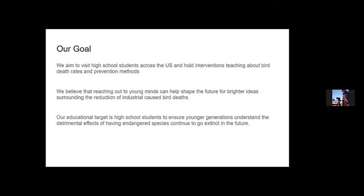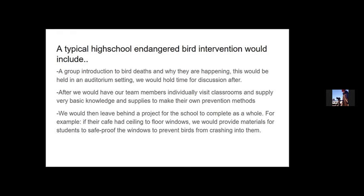We're going to try to provide some prevention methods for them, like little stickers on windows, and different projects that they can work on. Overall, we want to focus on the harmful side of things. Setting Corona aside, because we obviously have to think of that,